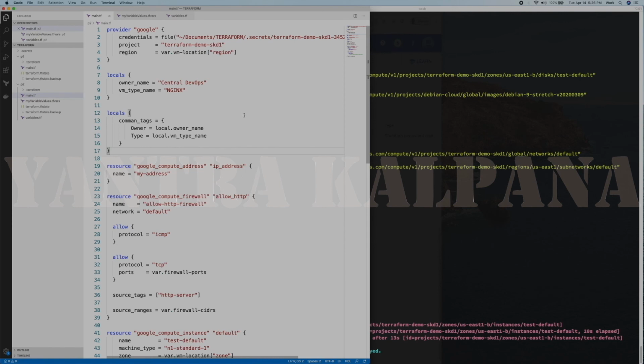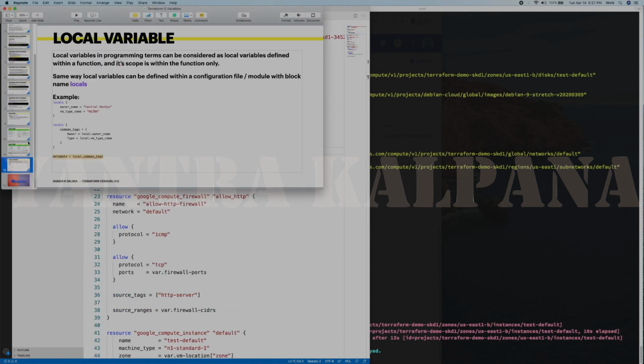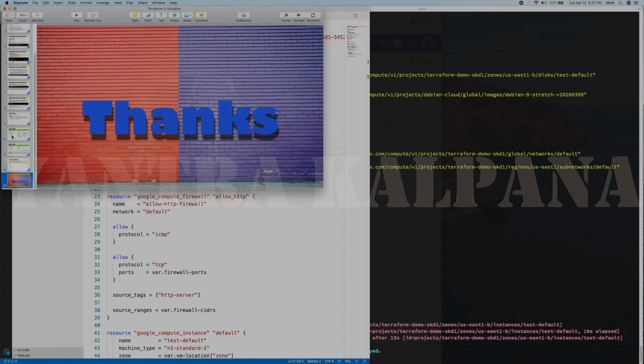If any data has to be used across the configuration files, don't use locals, otherwise it will create lots of trouble. I think I have covered everything in this slide, so just try all those things yourself